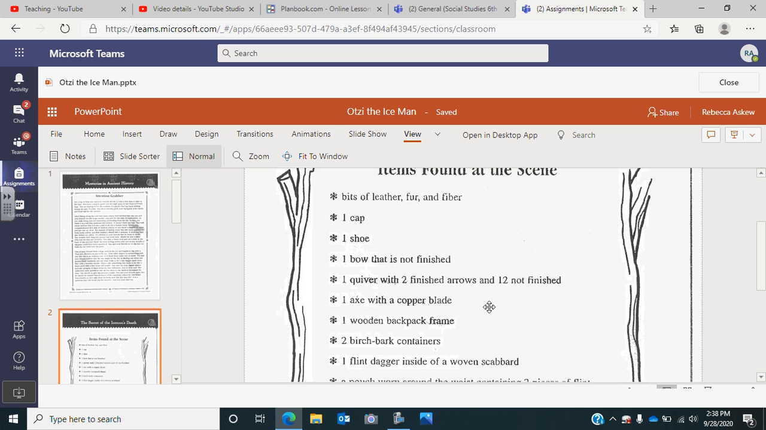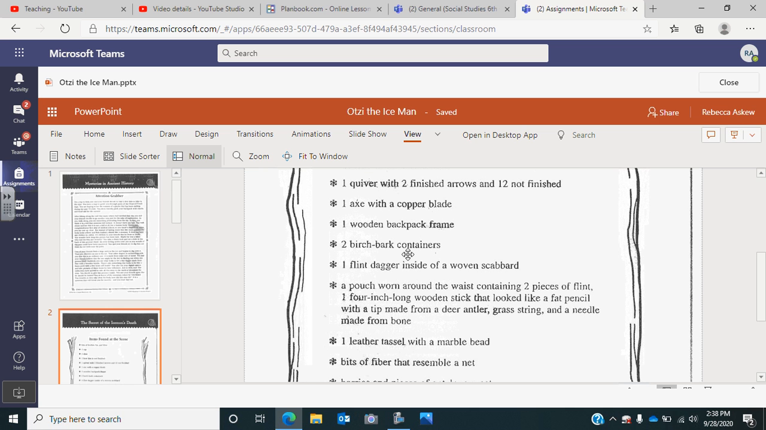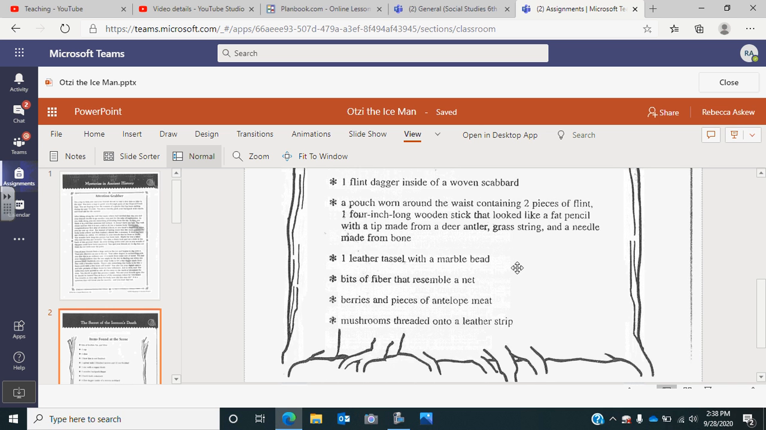One axe with a copper blade, one wooden backpack frame, 2 birch bark containers, one flint dagger inside of a woven scabbard, which is the holder for a knife, for a dagger, a pouch worn around the waist containing 2 pieces of flint, one 4-inch long wooden stick that looked like a fat pencil with a tip made from a deer antler, grass string, and a needle from bone,